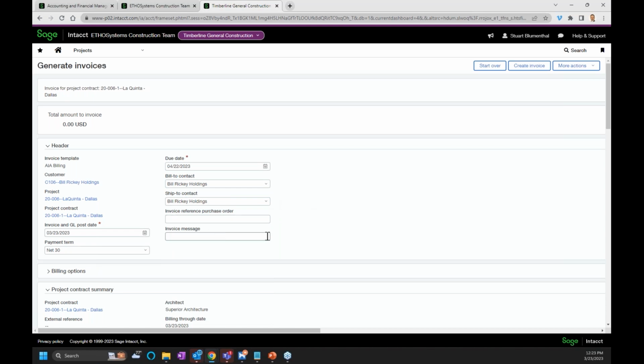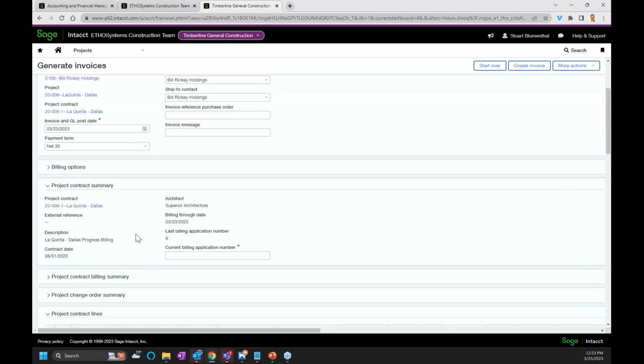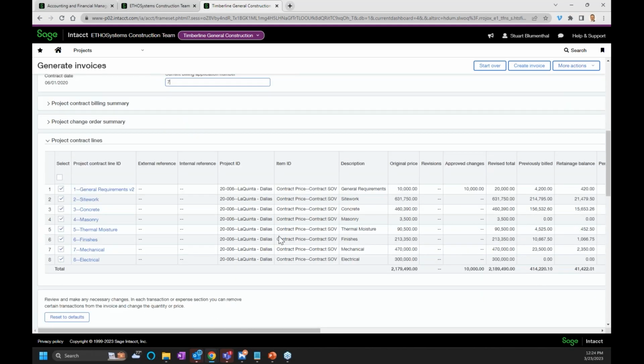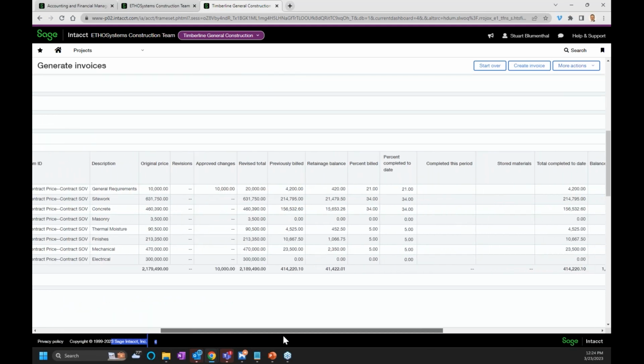We could put an invoice reference, an invoice message. The next thing coming down here is the current billing application number. We can see that the last one was 6, so I can now come in here and say this is my application number 7. And then down here, this is where you can choose what you are billing at this point. If I scroll this over, it should look very familiar to your common AIA billing. So I can come in here and say completed this period,